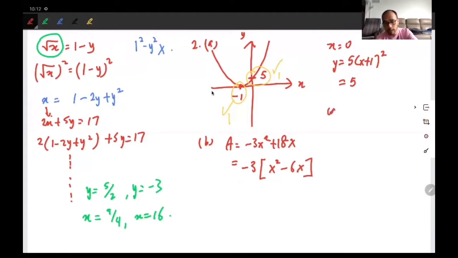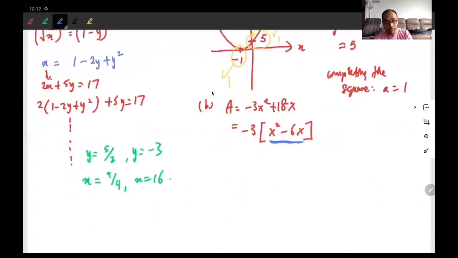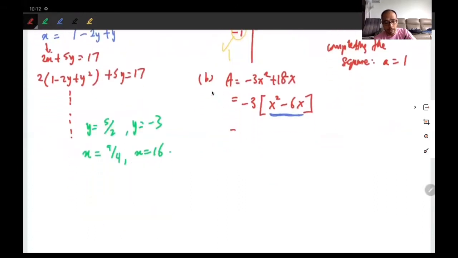This one must be done because completing the square can only happen when a equals 1. This is very, very important. You cannot do anything if the a is not equal to 1. So that's why we factorize out the negative 3 so that I am left with this blue color section, which is a equals 1. So that is the one that I'm going to complete the square. Okay, so I'll get negative 3, changing to blue. So this is x squared minus 6x plus negative 6 over 2